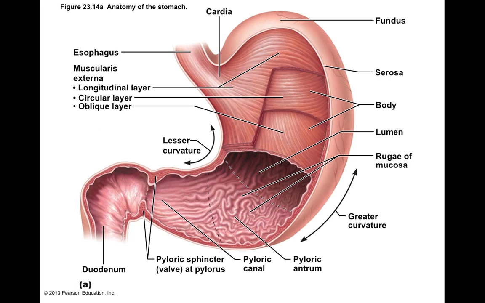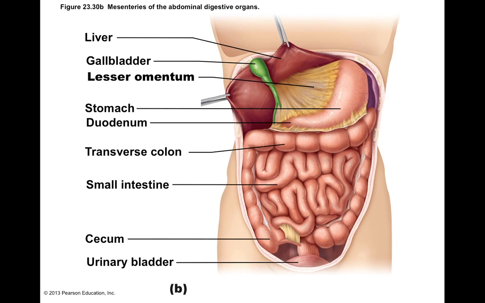It can get bigger over time, and I've seen this personally, like with cadaver dissections. And the same is true, or opposite too, you guys. Let's say if you don't eat as much, like if you're on a feeding tube or you're just on very, very small meals over the course of the day, your stomach can also shrink, which is interesting. But you do find that the rugae help for the stomach to stretch. Okay, so